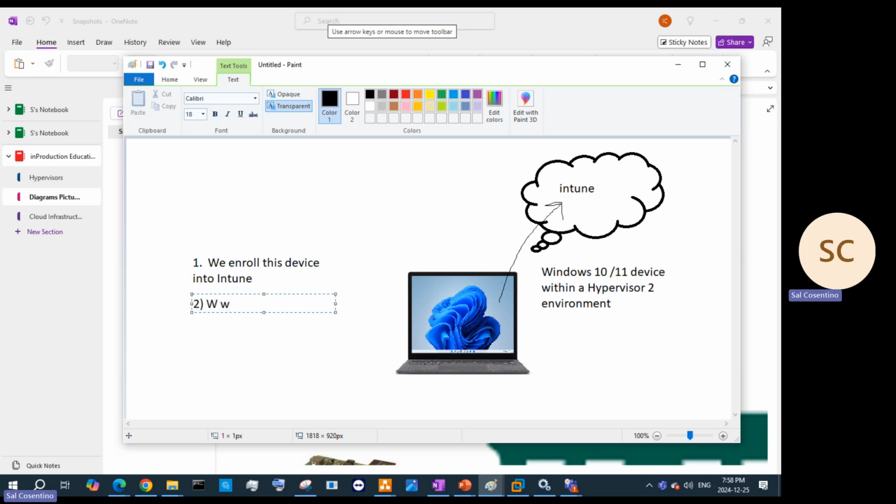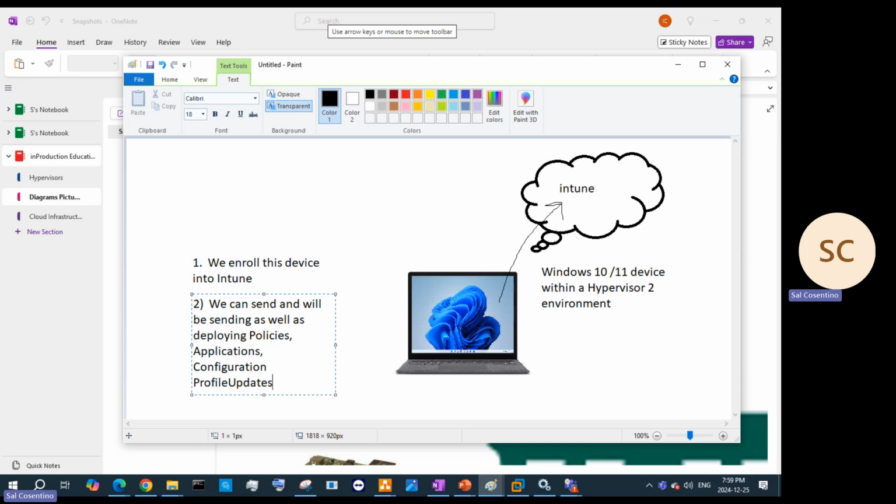We can send, and will be sending, as well as deploying policies. So we're going to deploy policies, applications, and we talked about this already. Configuration profiles, and this is what we talked about in our last class, because we'll be sending as well as deploying these policies. Configuration profiles, updates,